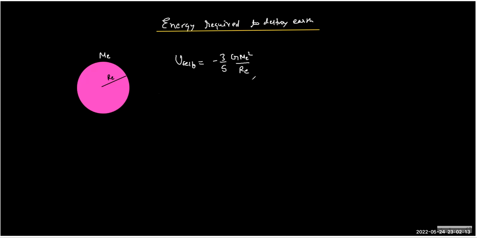You can see this energy is negative, which means the Earth is a highly stable system because this much energy has been taken away to create the system. So you must provide the same positive value to destroy the system. They may ask you how much explosion is required to do that.